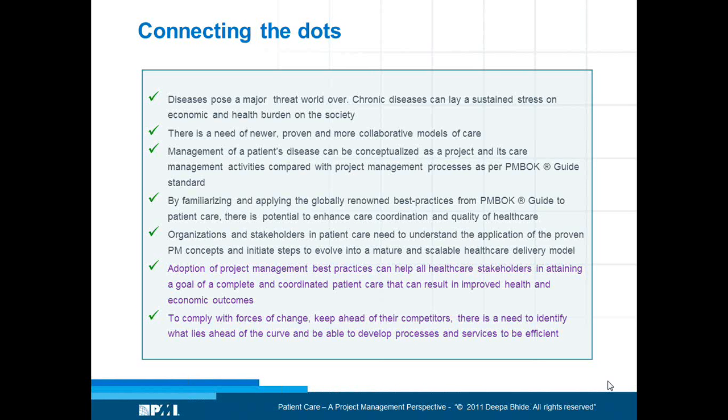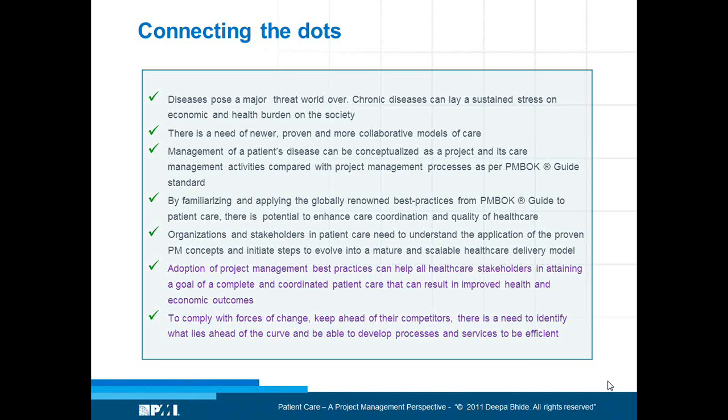Well, we are close to the end of this webinar and have seen how we can visualize care as a project and apply project management principles to the care process. To summarize, there is a need to develop innovative models of care which are scalable, nimble, and can accommodate the changes taking place in the current healthcare system. Project management is domain agnostic and has proven beyond doubt to be a framework that is generally accepted and a good practice in other domains. Adoption of project management in patient care processes can help minimize risks and benefit all providers, patients, organizations and all stakeholders at large. And finally,